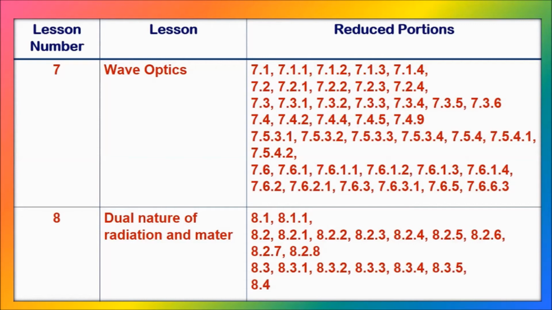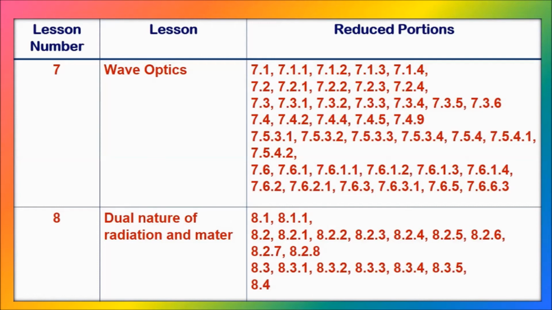Then we are going to see unit 8, dual nature of radiation and matter. 8.1, 8.1.1, 8.2, 8.2.1, 8.2.2, 8.2.3, 8.2.4, 8.2.5, 8.2.6, 8.2.7, 8.2.8, 8.3, 8.3.1, 8.3.2, 8.3.3,